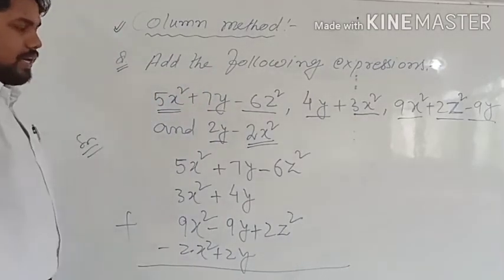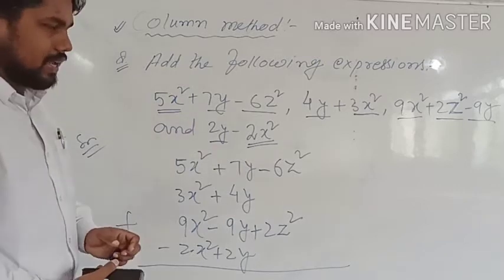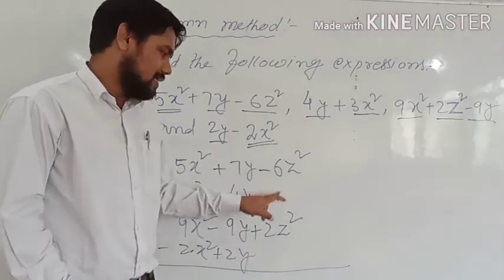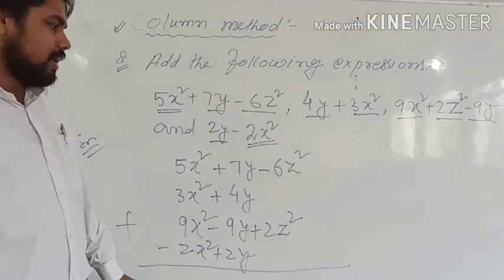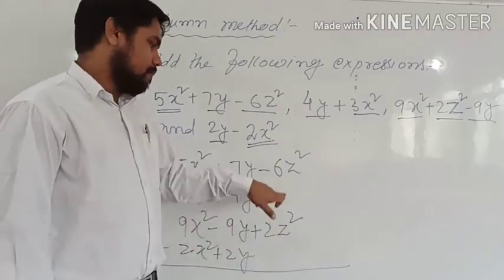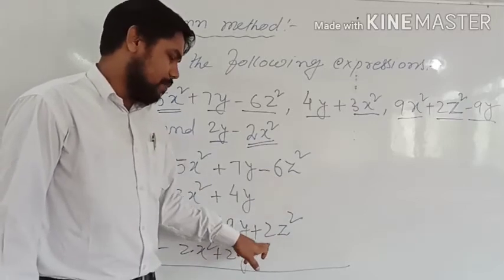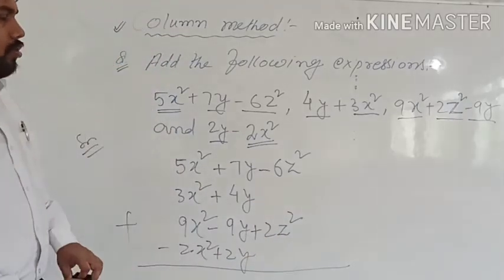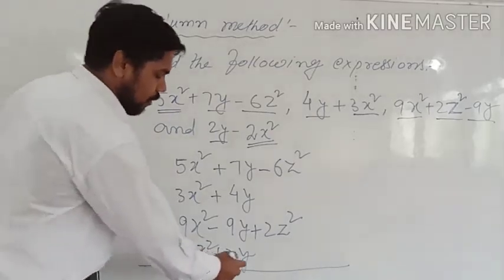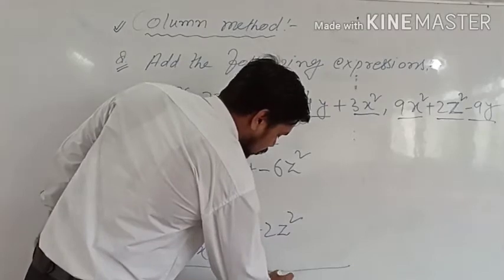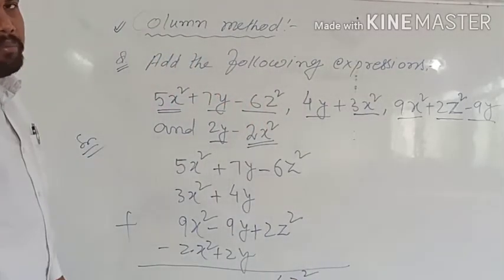अब हम लोग ये सारे टर्म्स को ऐड करेंगे. तो अब ऐड करते समय ये चीज ध्यान रखना है कि we will not add as like simple addition. हम लोग सिंपल एडिशन की तरह से ऐड नहीं करेंगे. कैसे ऐड करेंगे? यहाँ पे माइनस 6z स्क्वायर है और यहाँ पे प्लस 2z स्क्वायर है. तो माइनस 6z स्क्वायर प्लस 2z स्क्वायर कितना हो जाएगा? माइनस 4z स्क्वायर. तो इस तरह से एडिशन करना है, ठीक है?